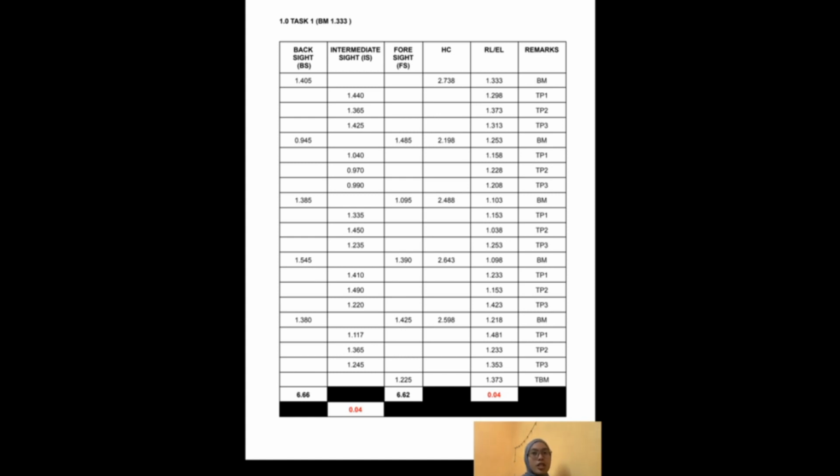Backsight is the first reading of the instrument set up at the first point, while intermediate sight is the reading between the backsight and foresight. To find the height of collimation, or instrument height, add the staff reading to the level of the benchmark. The service station is below the horizontal plane through the instrument. So to find reduced level or ground height, take the staff reading away from the height of collimation. To get the data, the height of collimation is reduced at backsight. Lastly, to get the reduced level, the first data will be given and then the height of collimation data will be subtracted with the